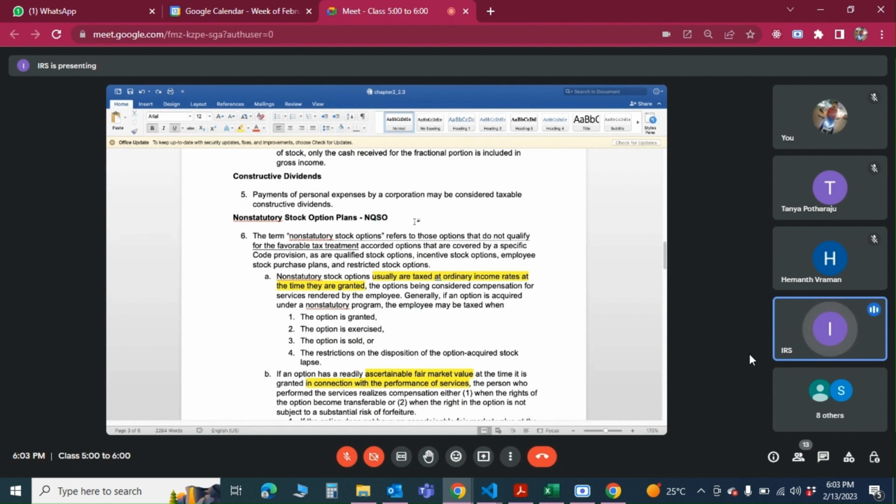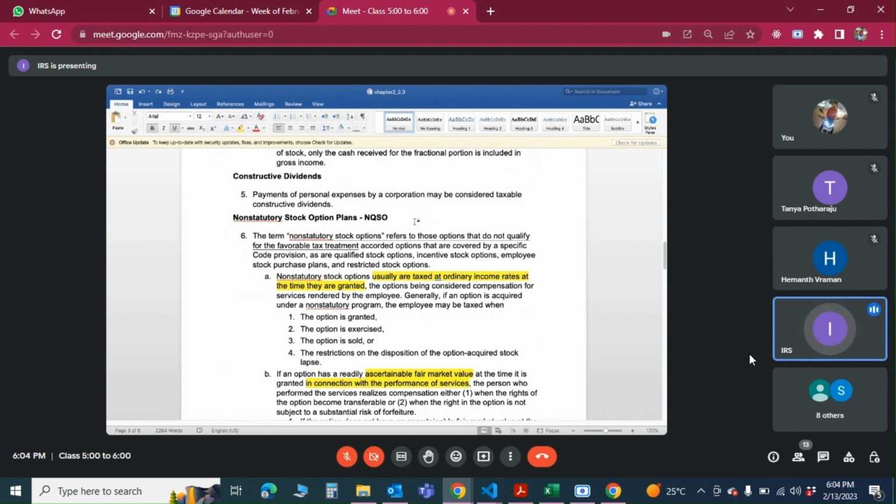We need to understand it properly, because the tax treatment is completely different for all three kinds of stock given, and the majority of our clients will have this in the tax returns that we are computing. Majority are going to have some kind of stock income, because they're all working for tech companies. It's very common for a person to receive stock options. If the person is not in the tech industry, one can understand, but our clients are coming from there, so we all will have this kind of complexity.